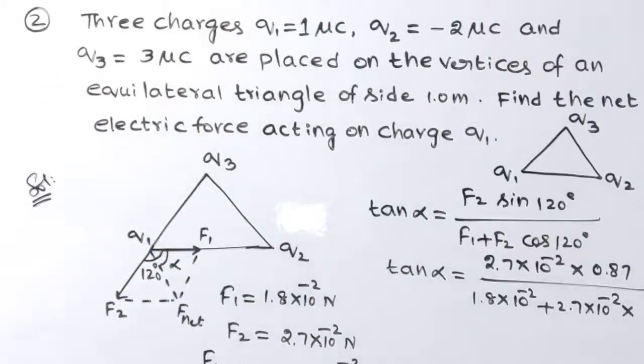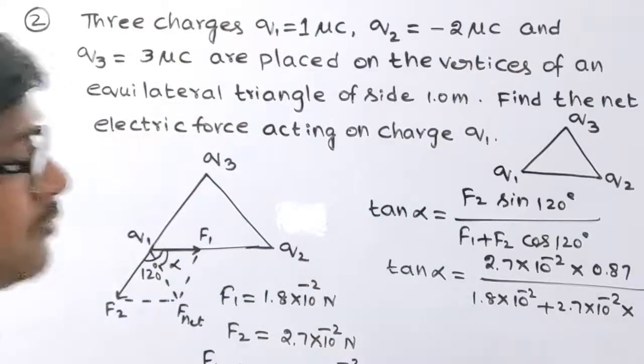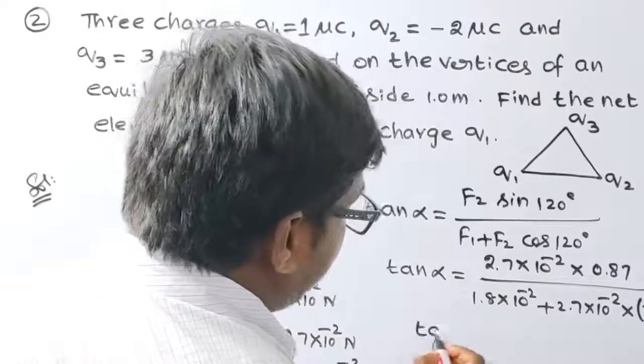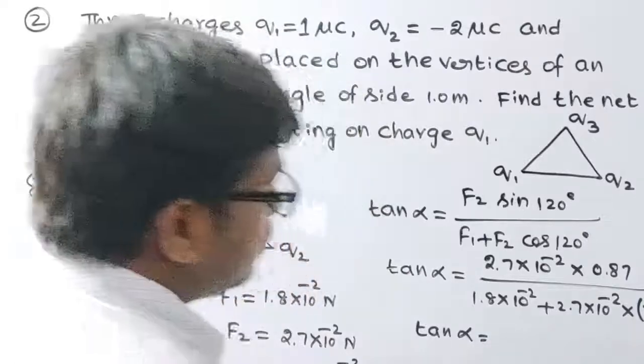Cos 120 value is minus 1 by 2. Then tan alpha is equal to